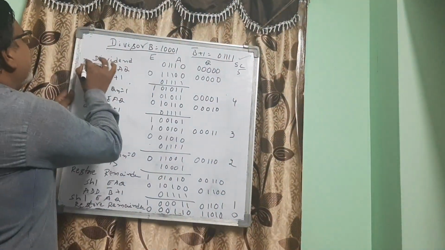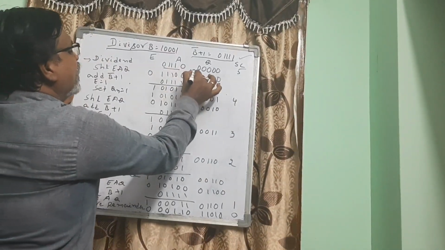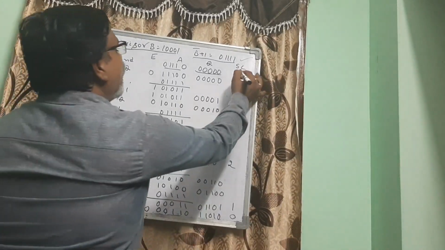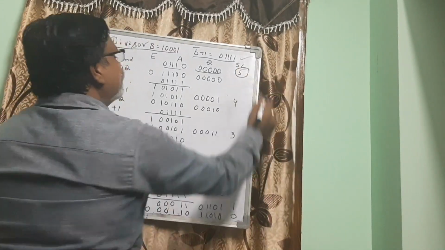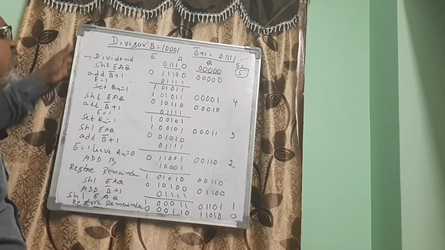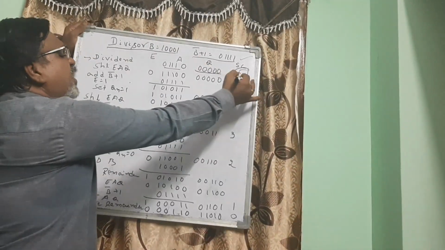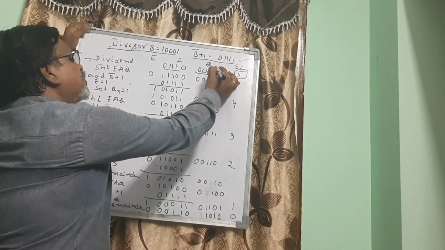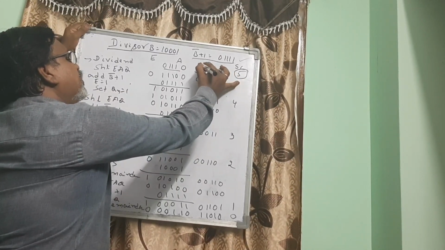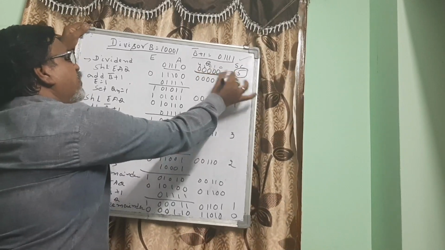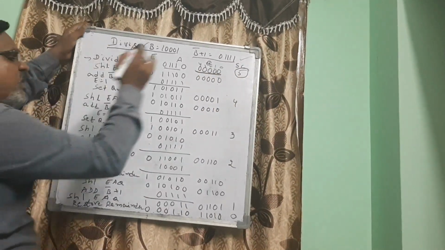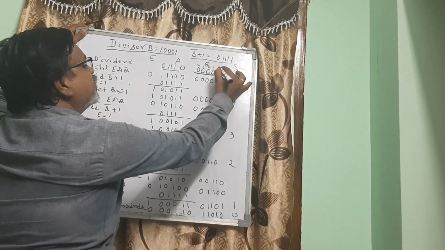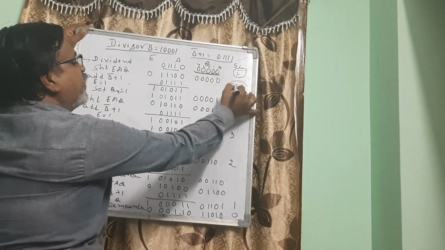So now the dividend value is there here. Initially, as I told you, the Q will be 00000 and the sequence counter is set to 5. Why we got 5 here is: this is the 0th bit, first bit, second bit, third bit, fourth bit. So how many are there? 5 bits are there. So why I told you previously n minus 1 is, we start counting from 0. So there are 5 bits, so 5 minus 1, like this.